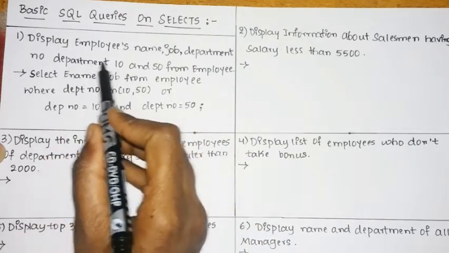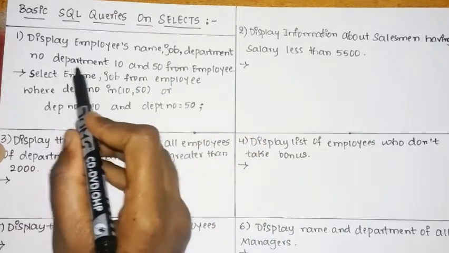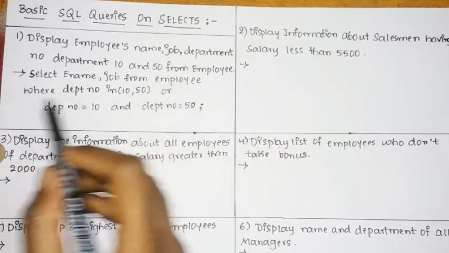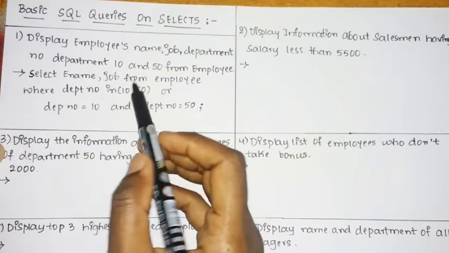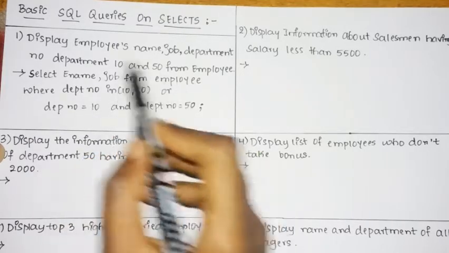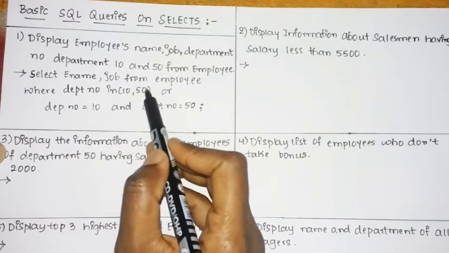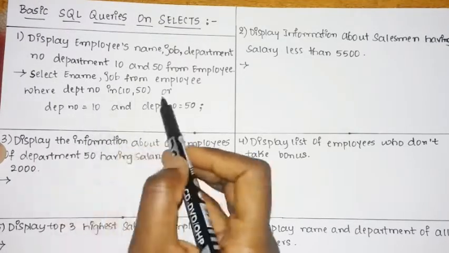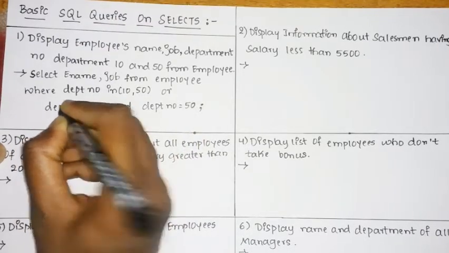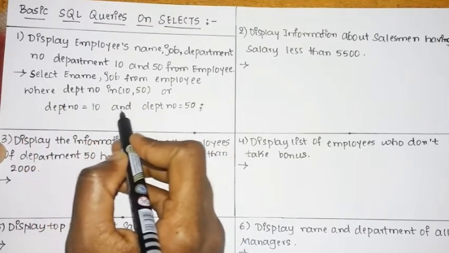department number should be only 10 and 50. So it should display the rows with 10 and 50. Therefore you are going to specify department number in, meaning within that you are going to display 10 comma 50, only two rows. Or in simple terms you can say department number equal to 10 or department